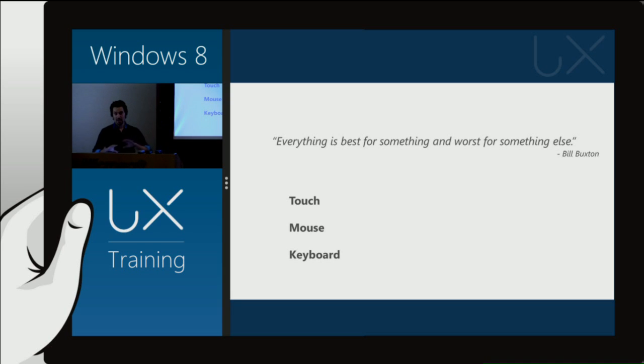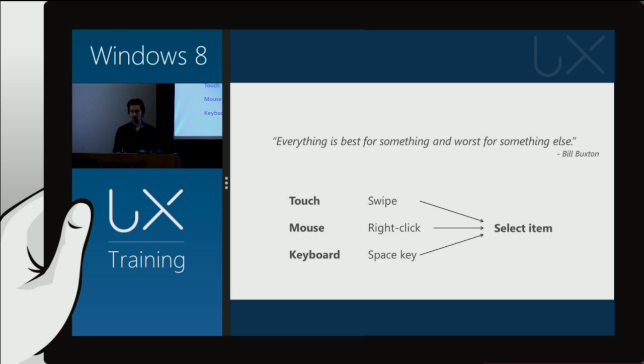Well, this is one example of how we do it. We have touch, mouse, and keyboard, and in most cases we have a common action. In this example, it's to select an item. So we have a common action, but we actually have optimized invocation for each input method. For touch, I use the swipe gesture. With mouse, it's not that great to swipe down and click and drag objects all the time, but we have an extra button, which is awesome. It's the right button. So we leverage the right button to select. And for keyboard,